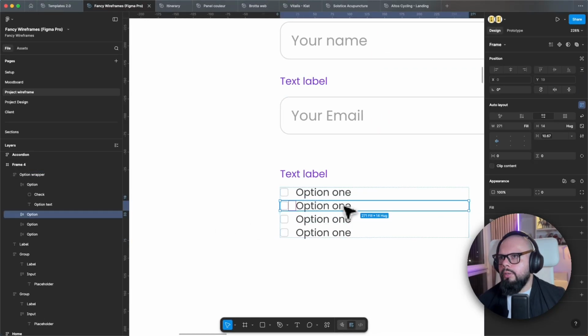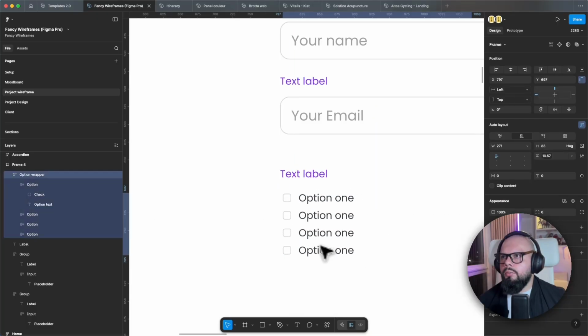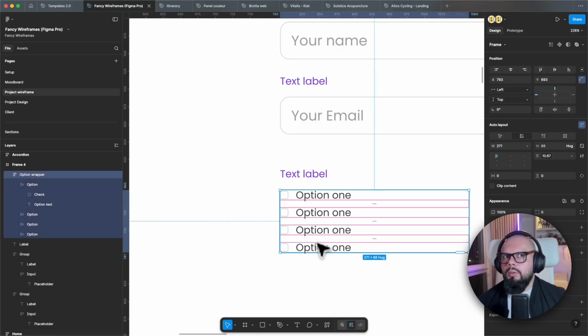Alright, we have our option wrapper. All of them are set to fill. Understood? A separation here could be excess. Excellent. So now we have our options, and what we're going to do is designate this particular element as an